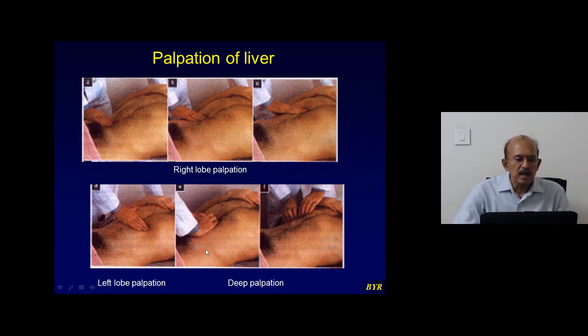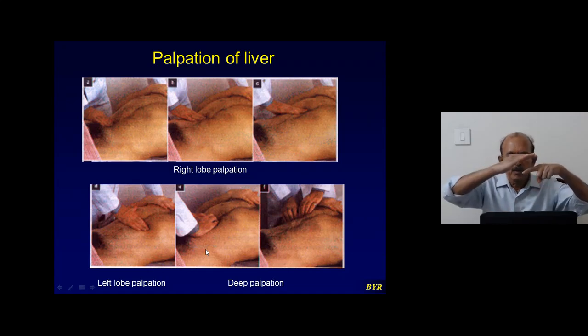If rigidity and guarding are present, it means the abdominal wall is spastic. Why is the abdominal wall in spasm? There is reflex spasm. Whenever some inflamed structure is there underneath, the overlying parietal peritoneum is also inflamed. That causes reflex spasm of the overlying muscles. For example, if the appendix is inflamed, the overlying peritoneum is also inflamed because of the adjacency. So when the parietal peritoneum